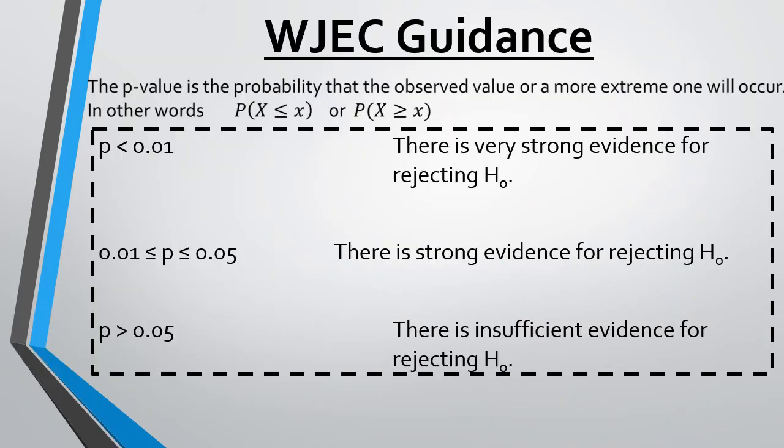So what we've got here, the p-value that I'm talking about, is just the probability we've been calculating, okay, the probability of the observed value or more extreme. So we're always working out a less than or equal to or a greater than or equal to. That's really important. Now the way WJEC want us to tackle it is if you get a probability of less than 1%,